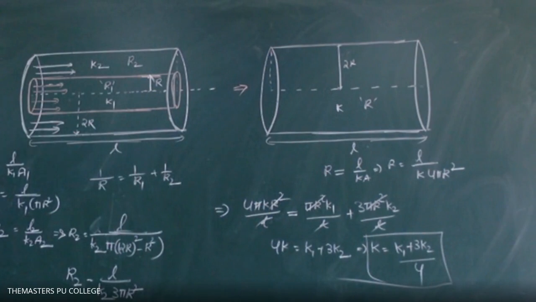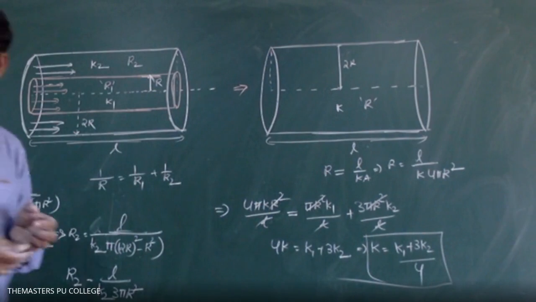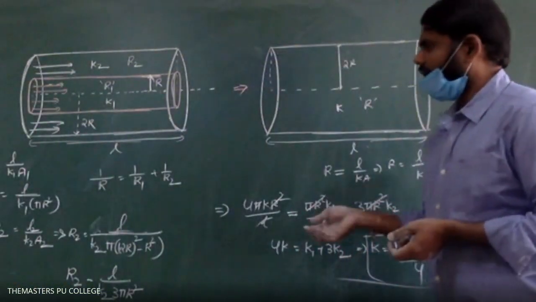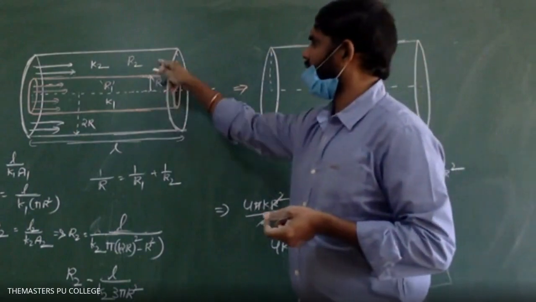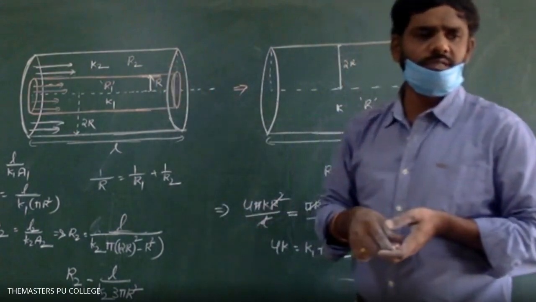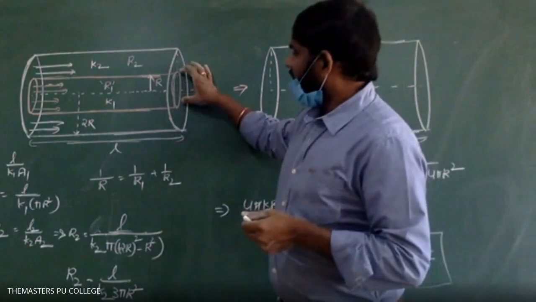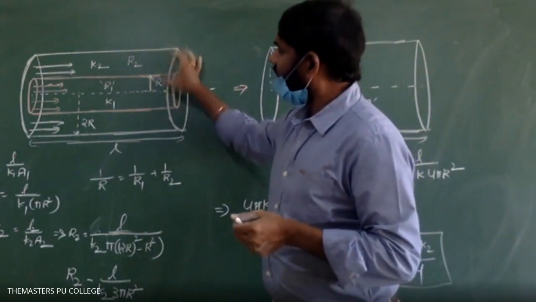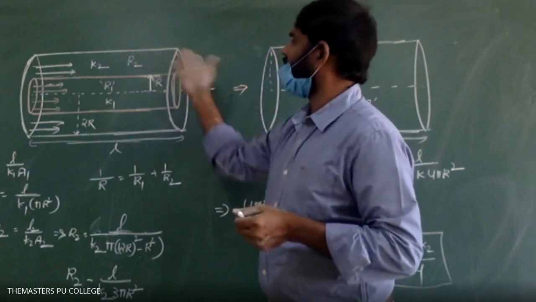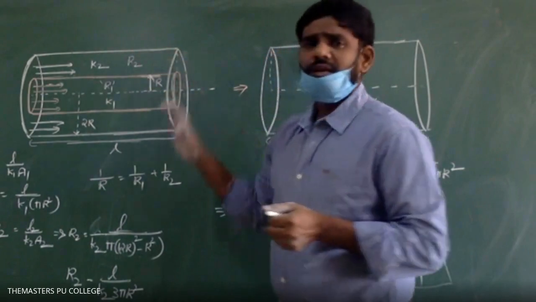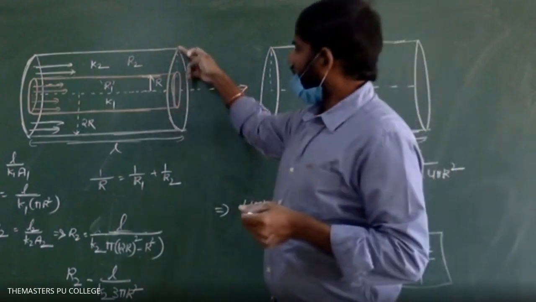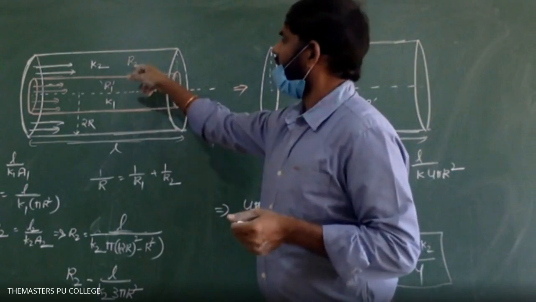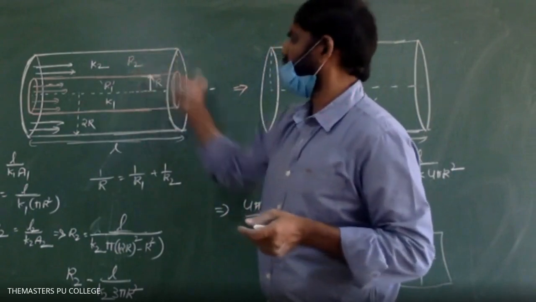So got it, all of you students, online students also. What we have taken is a combination of two cylindrical slabs surrounded like this. What is the area through which the heat flows through the first rod? Pi r square. What is the area through which the heat will flow through the second rod? Listen carefully. The total area minus the area of the first rod will give the area through which the heat will flow through the second rod.